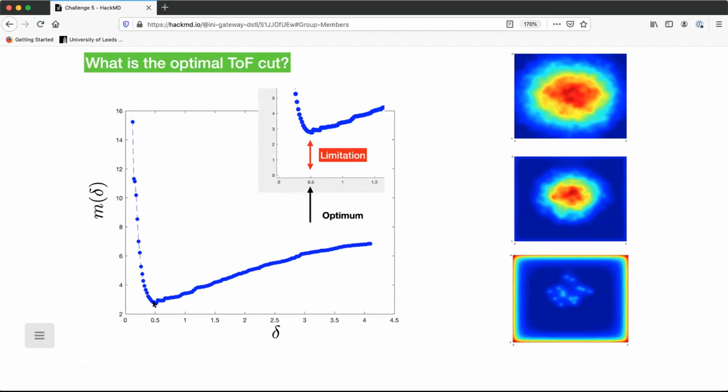So basically what happens if the delta is too small, this is then this scenario here. So you lose photons and the overlap becomes very bad because you don't get signals anymore where you want to have signals. And on the other hand, you have a slow increase here if the width of the time interval goes up. And that's simply because you get a blurred image which has signal where you don't want to have signals. That's why the measure goes bad here.